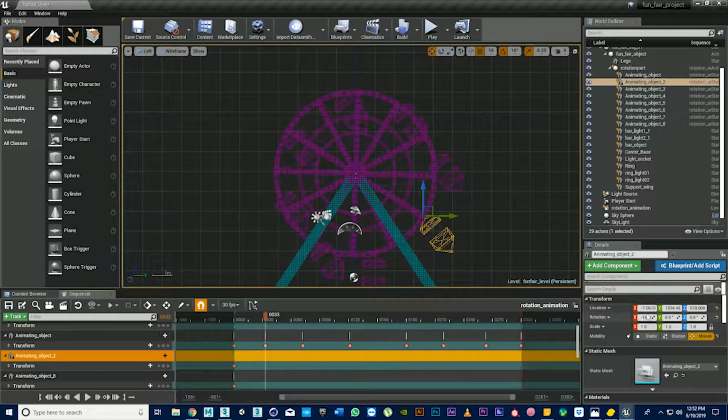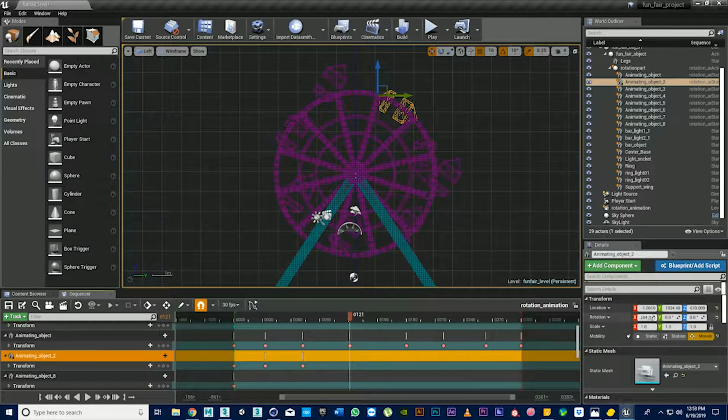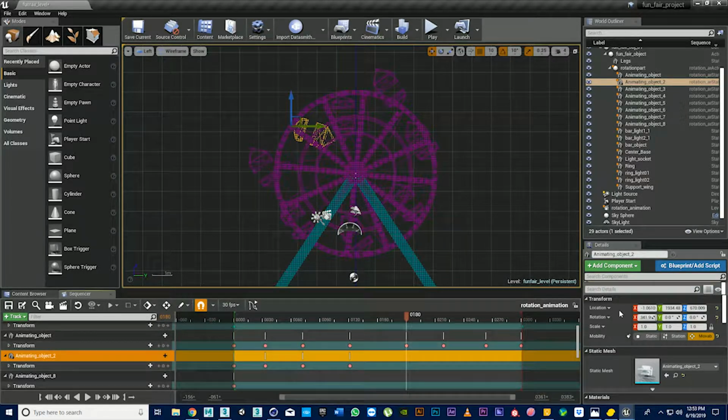Go to the next key, make it straight, click on the key, go to the next key, make it more straight, click on that, go to the next key, more straight. And that's the whole idea. I hope you